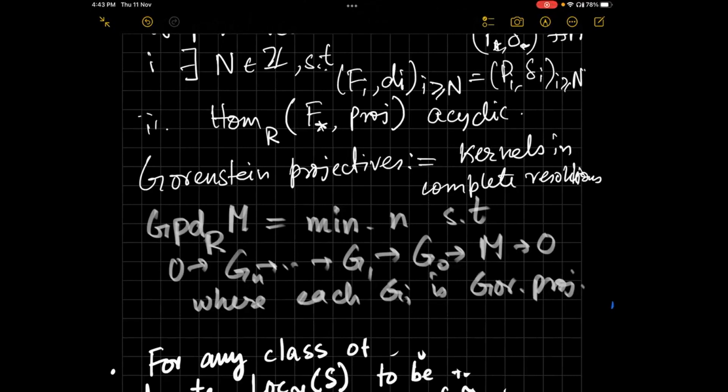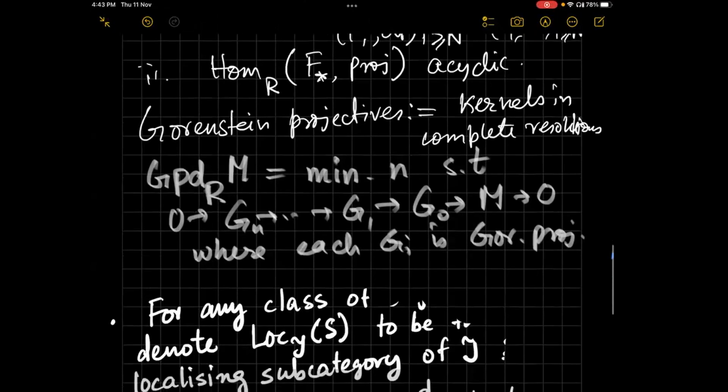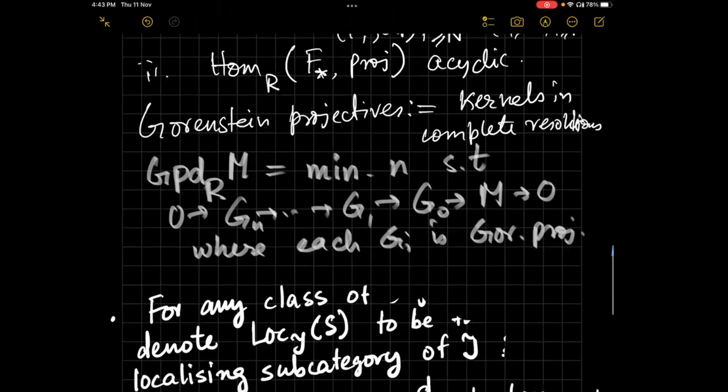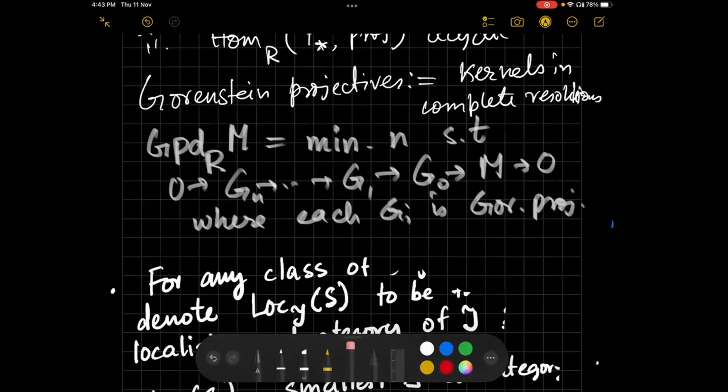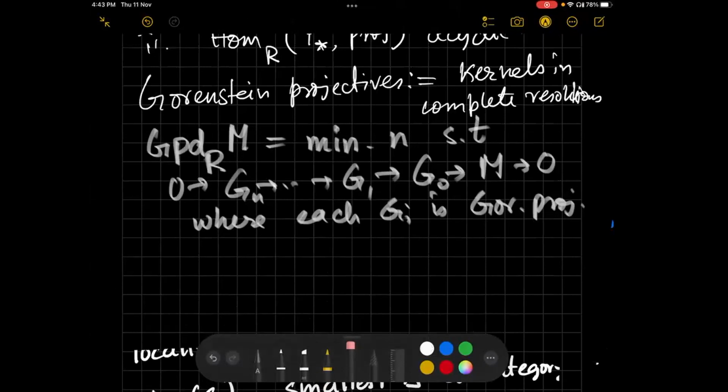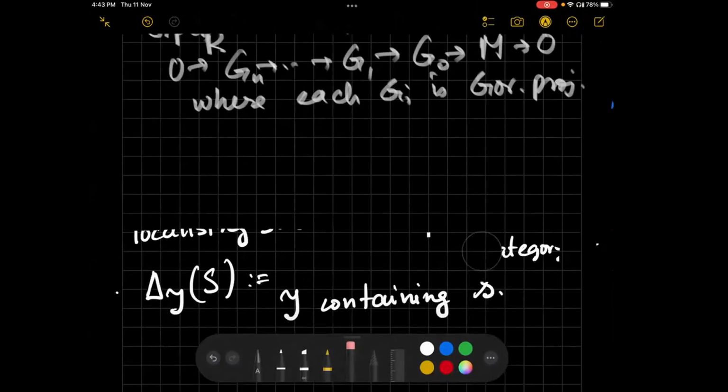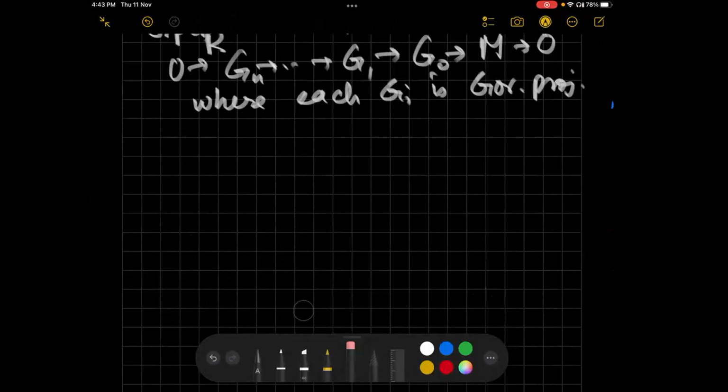And also, another thing that is worth noting here is that a module has finite Gorenstein projective dimension if and only if it admits a complete resolution, and that comes in handy a lot of times, especially when we're working over group algebras A gamma, where A is of finite global dimension. I don't need this because Tsutomu covered it. I'll spend some more time talking about these invariants, and then I will go into my result.